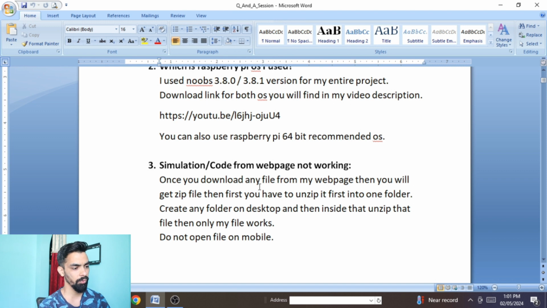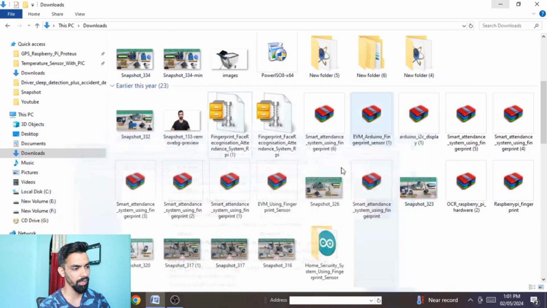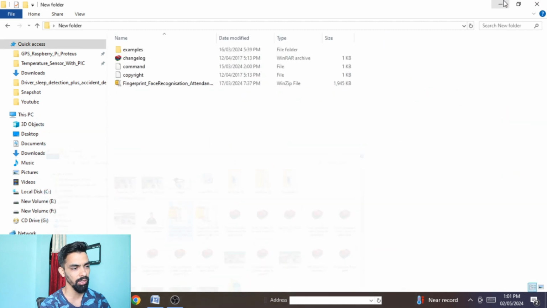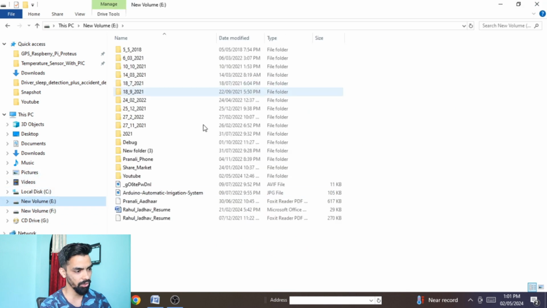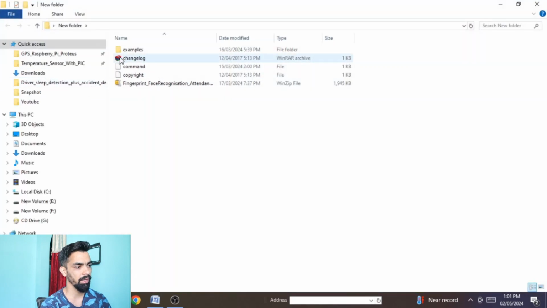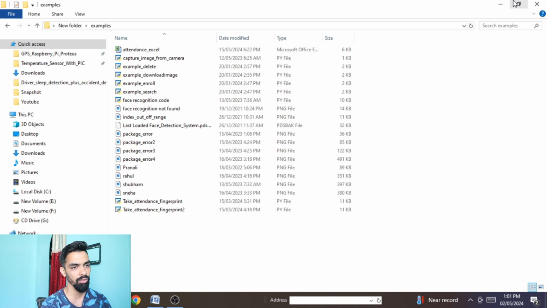So the very important point is, after you download any project from my website link, create one folder anywhere on your laptop, copy the zip file into that folder, unzip it there, and only then use all my files. Then you will find all the programs, and you can use the project.